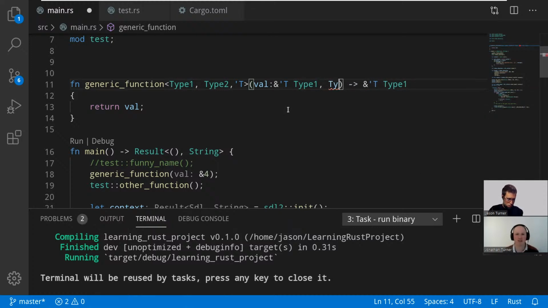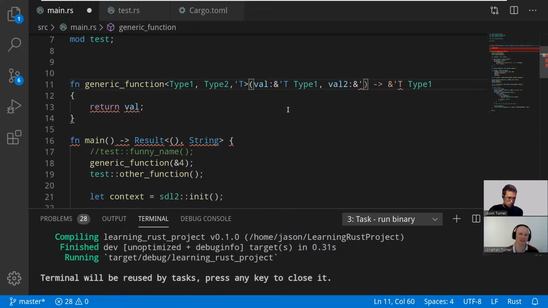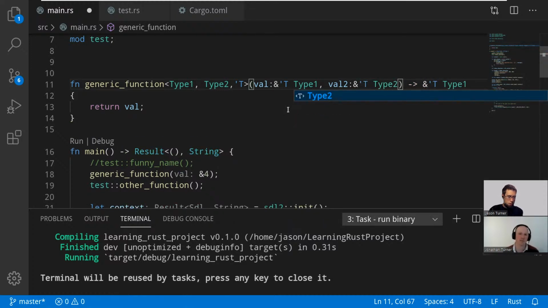So it's like val2. Just colon, ampersand, tick t. So in this one, I'm explicitly saying that type 1 and type 2 can be different types but have the same lifetime. They have to have the exact same lifetime, which is going to make you wonder how in the world is that possible? If you're familiar with doing slab allocation as an example,